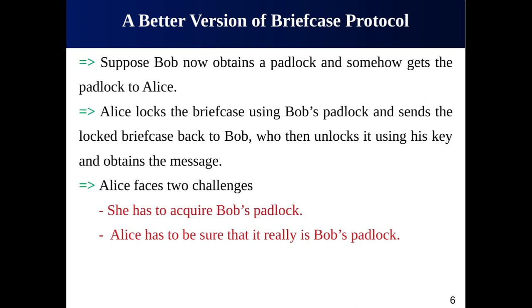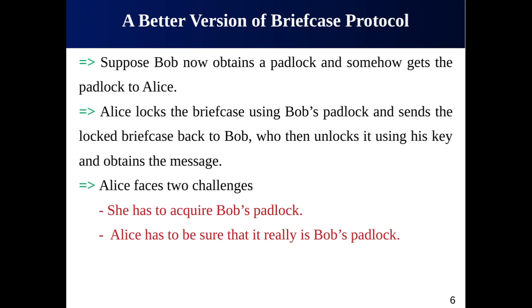First, she has to acquire Bob's padlock, and for that two solutions are possible. Bob can send a copy of the padlock to her, or maybe she can obtain a public padlock from anywhere, because it has been distributed by Bob in advance. The second challenge faced by Alice is that she has to be sure that it really is Bob's padlock that she's using. This enhanced version of the briefcase protocol leads us to the idea of public key cryptography or